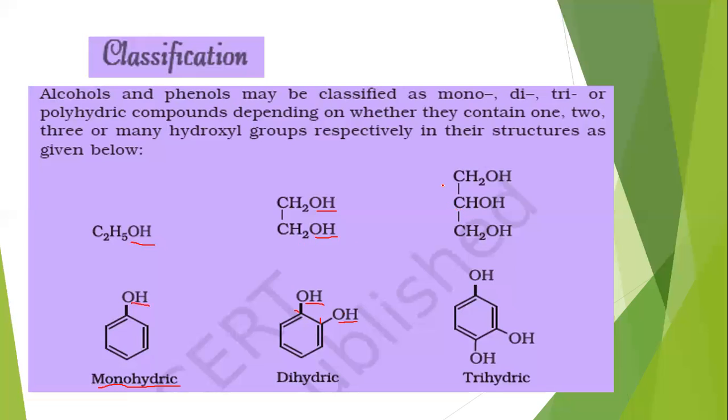Trihydric. Now you may get an idea about this trihydric. So these are trihydric. This is a trihydric alcohol. So one OH group, this is, and this is the third OH group. So by replacing one hydrogen from this carbon, second hydrogen from this carbon, and third hydrogen from this carbon, so by replacing three hydrogens by three hydroxyl groups, this alcohol is a trihydric alcohol.